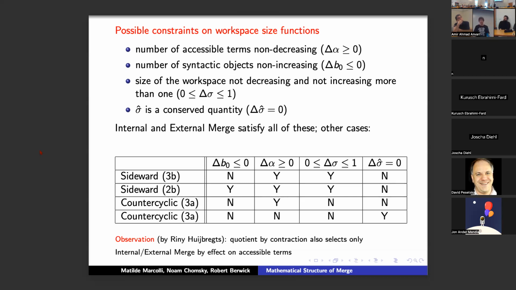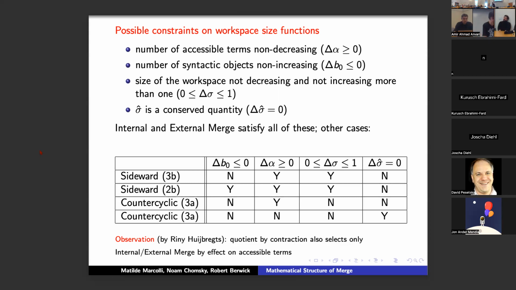Is the number of accessible terms increasing? Or is the size non-increasing? Is the number of accessible terms non-decreasing? Is this total number bounded, either 0 or 1, or is this conservation law conserved? And you see that any two of these will single out only external and internal merge as the